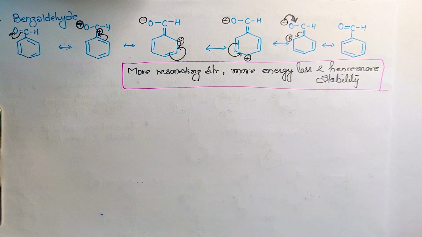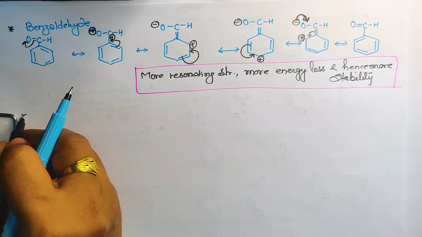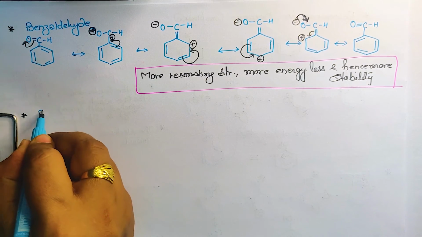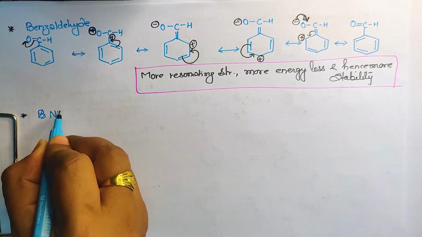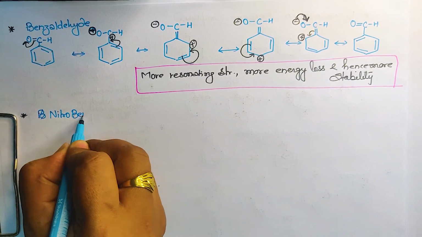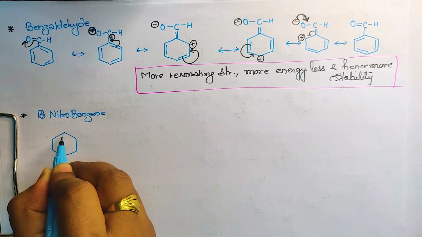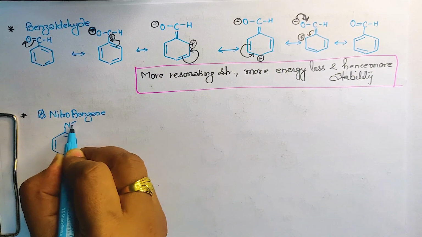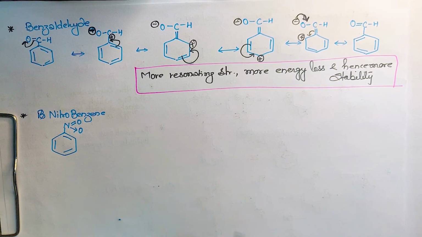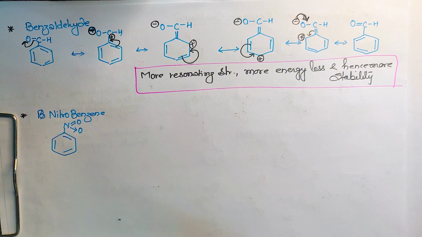Any doubt? Now can you do it for the next? I'm giving you this as homework. You have to do it for this. Nitrobenzene. Nitrobenzene. Now what will be the structure? It is quite clear. Benzene, and draw the nitro group over there. So this is the nitro group. You have to first decide which bond will move and in which direction it will move. Then only you will be able to draw the resonating structure. So this is your homework.